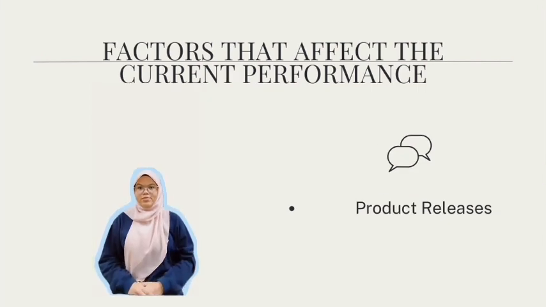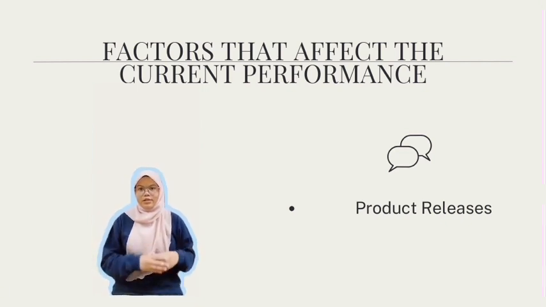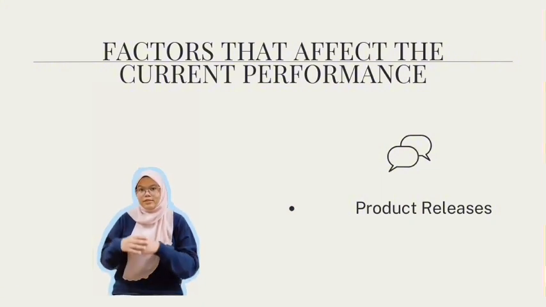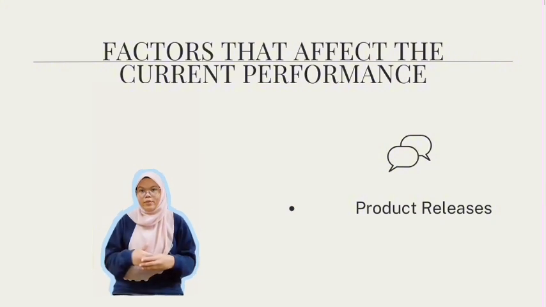The second factor is product releases or launches by Apple. In 2021, Apple also had a successful year with their product releases. The iPhone 13 series had improved camera technology and performance, keeping Apple at the top of the high-end smartphone market. The upgrade to the M1 processor in MacBooks improved processing power and software compatibility, while the M1 chip in the iPad Pro enhanced the tablet's performance.